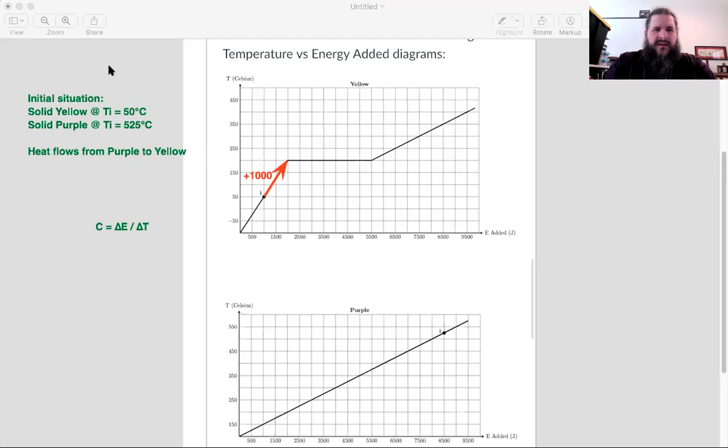And at the same time, purple has to lose 1,000 joules. So let's go 1,000 joules to the left. That is 2 tick marks to the left. Let me actually use smaller arrows there. I think that's going to be